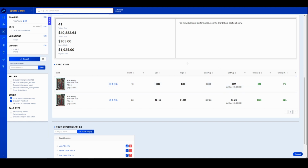Now, as a general rule of thumb, assuming you're talking 9 to 10, and assuming the pop is not wildly off one way or the other. Every once in a while, you run into these weird cards where the PSA 10s are way lower than the 9s. We've talked about this before with Lamar Jackson base, for example. There are way fewer 10s and way more 9s. So in those cases, these rules don't apply. But assuming the pop is relatively similar, it doesn't have to be exact, but as long as it's not completely skewed one way or the other,